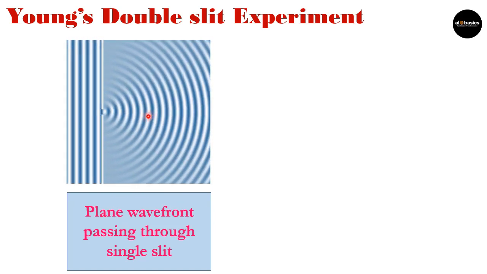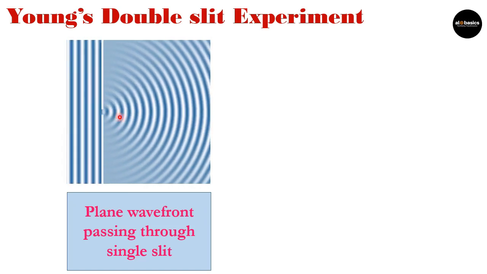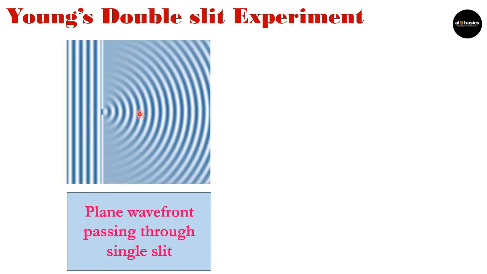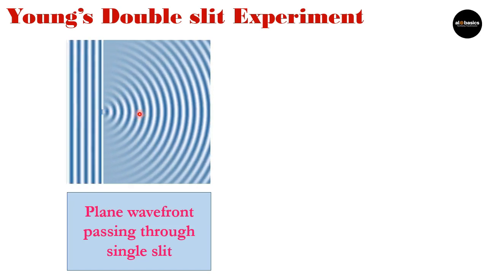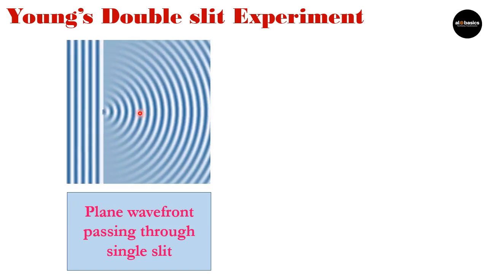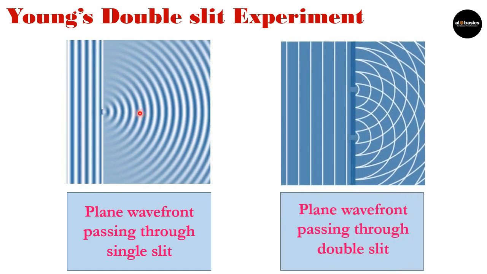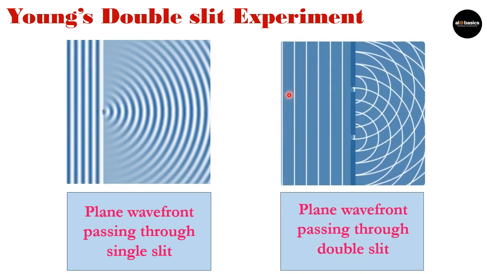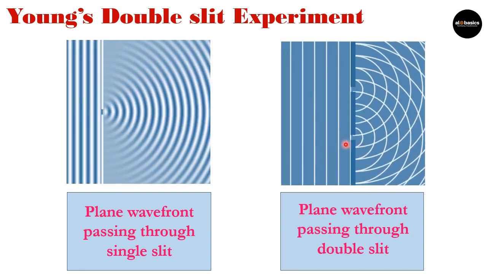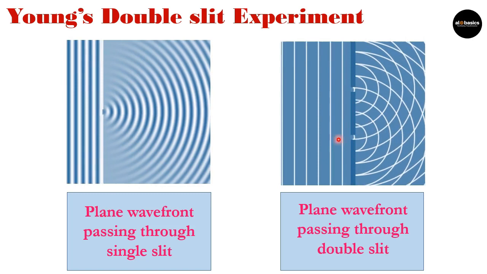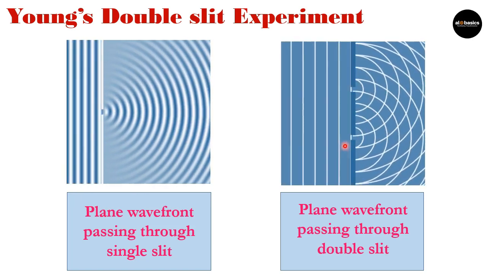For a single slit, you can see that when the wave is passing through it, we get such circles on the other side of the slit. When it comes to a double slit, then what happens? Let's see. Now here I have two slits, and when a plane wavefront passes through them, these